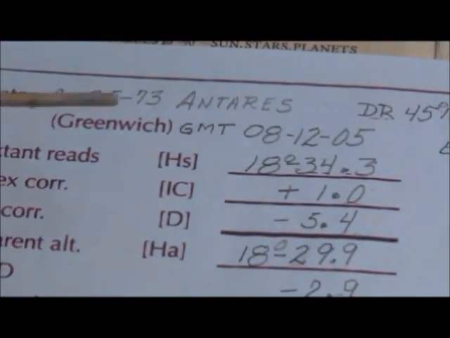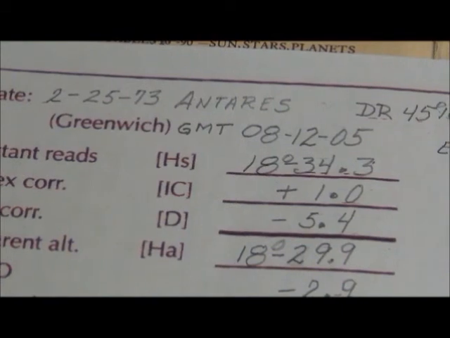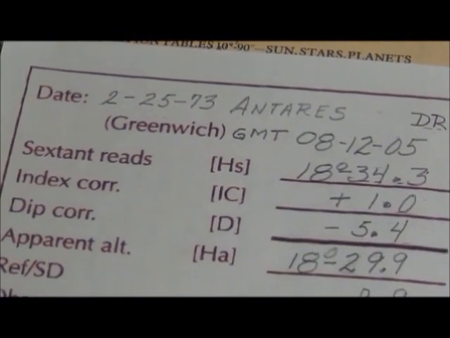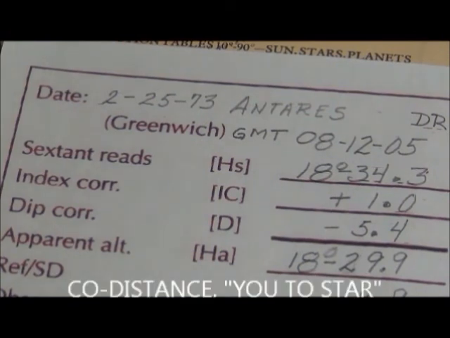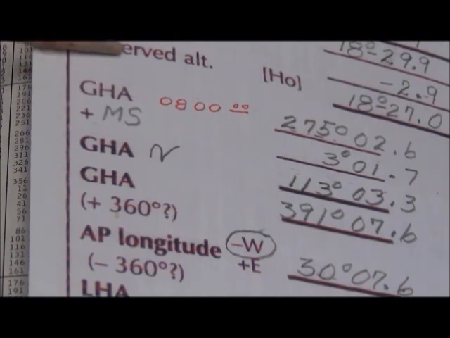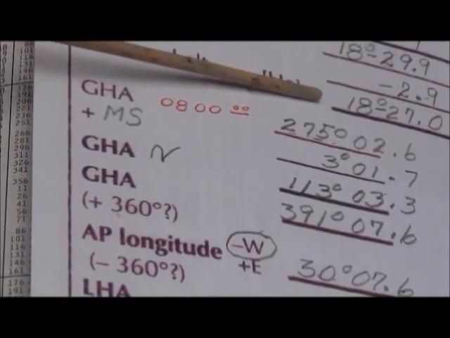So then you add or subtract that to get your observed altitude. Your observed altitude then is the distance to that star from where you are, measured by the sextant. We now have the height observed, and we have figured that out to be